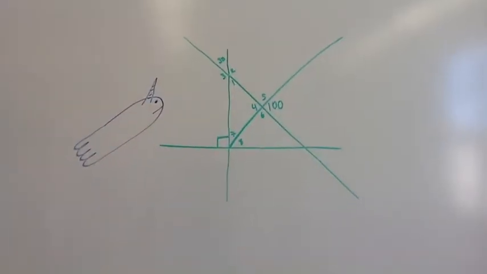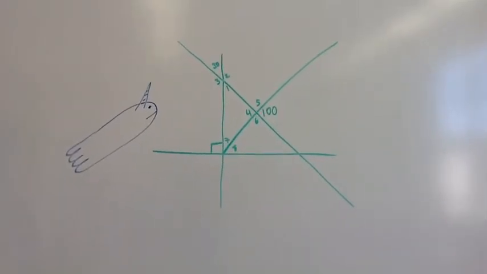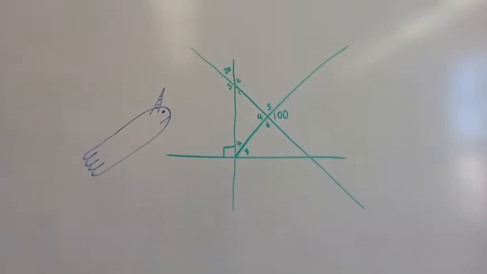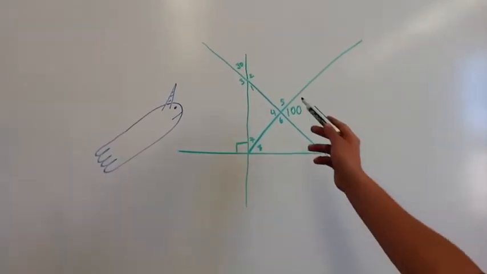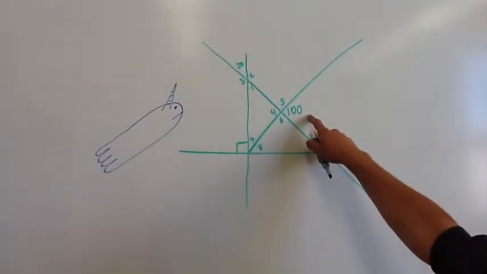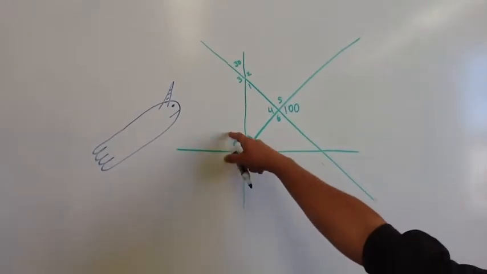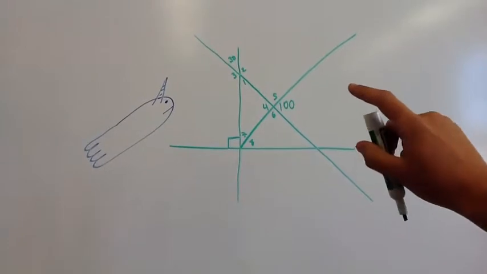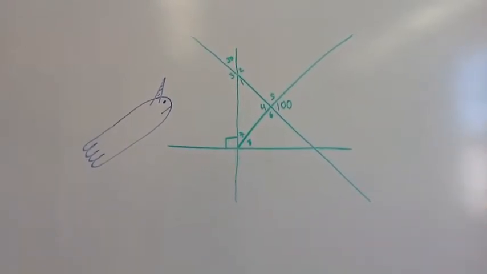Alright, what we have here is a little sample problem that uses several of the theorems that we've gone over so far. So in the problem, we've been given three angles. We have the 30-degree angle, the 100-degree angle, and this 90-degree angle created by these two perpendicular lines. So I'm going to go through and we're going to figure out what all the other angles are in this